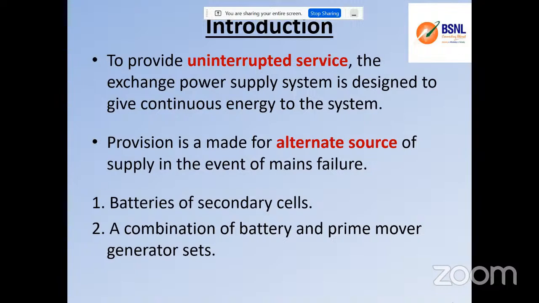To provide uninterrupted power supply, we need to have a backup source, or an equipment to store the supply. That is why in the initial slides I told you that we have preferred DC, because it can be stored in batteries. So batteries are the secondary cells. The combination of the battery and an additional backup called a prime mover, that is generator sets. So we will have a couple of these, one is the battery and the other is the generator. At any point of time, we would like to have complete power supply to all the equipment, to ensure uninterrupted power supply.